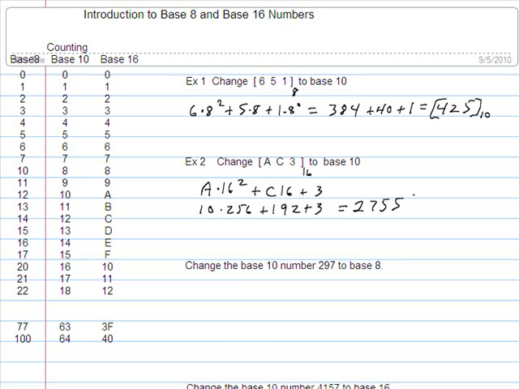Now let's do the more difficult transformation. That's when you take a base 10 number and change it back to a base 8. When we took a base 10 number and changed it to a base 2, we did repeated divisions by 2. And then we looked at the string of remainders left over. Here we'll do repeated divisions by 8. So I'll start off with 8 divided into 297, and I'll keep track of my remainders on the other side